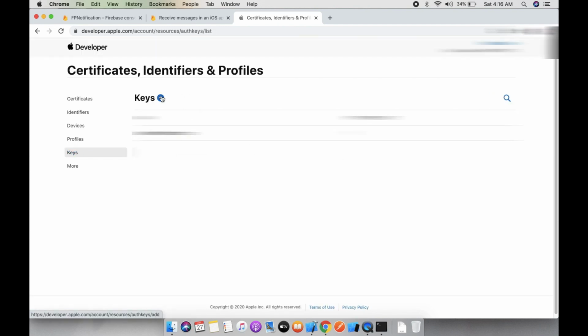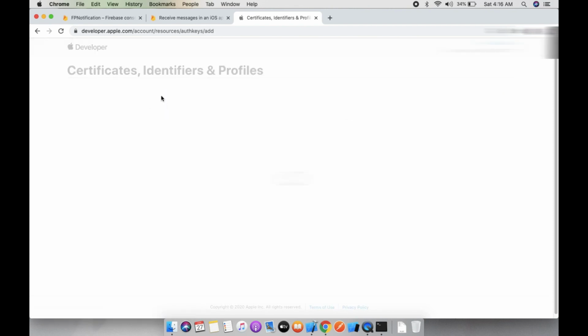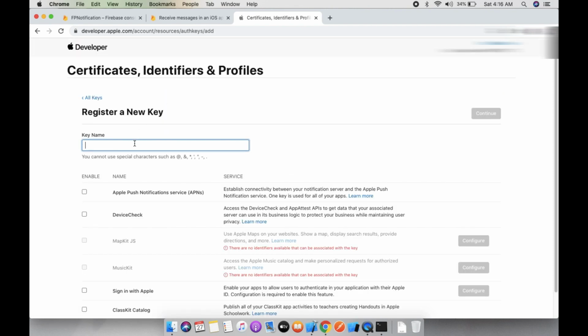Now you need to add a key. Now you can set a key name, whatever you want, notification demo, and you need to enable this Apple push notification service which is provided by Apple.